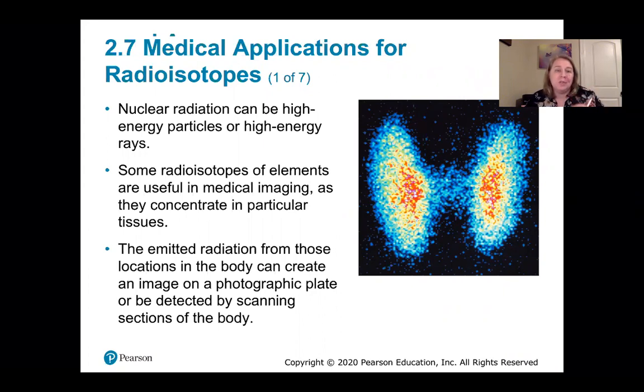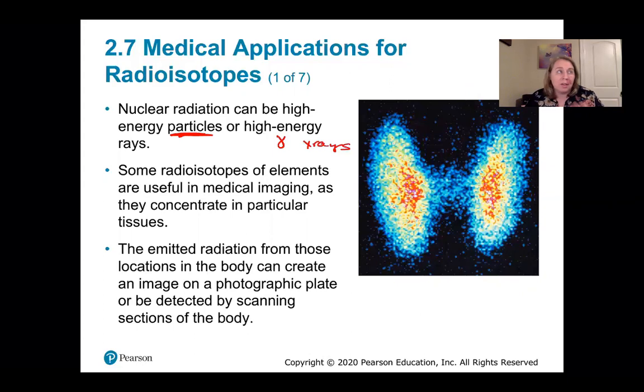So nuclear radiation, remember, can be those high energy particles. So the alpha, beta, gamma, right? Well, really alpha, beta. The high energy rays are the gamma rays or X-rays, right? The rays have no mass, whereas the particles do have a mass. So remember, it can be either or. So we use these in medical imaging,